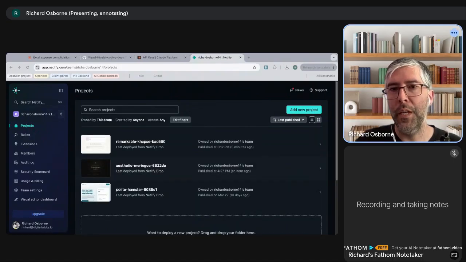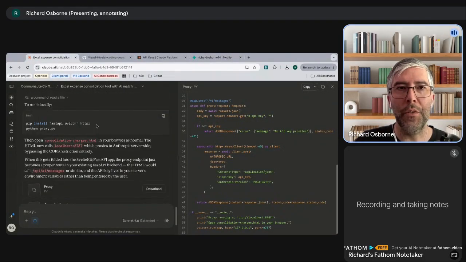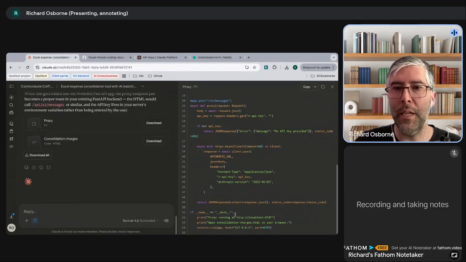Okay, so this little terminal thing is now saying it's running, which is what Claude told us would happen. Said that you'll have something running on localhost port 8787, which you, again, don't need to know what it means, but this is correct then, 8787. Good, which means then if I run my consolidation charges thing from the same folder,